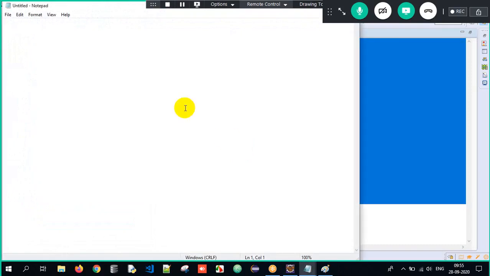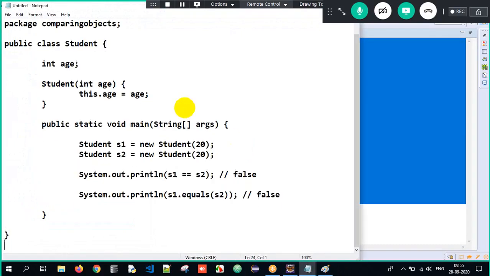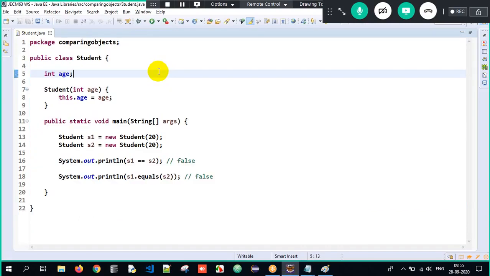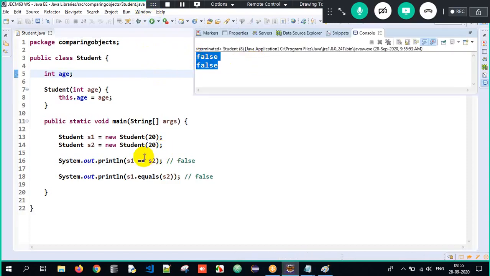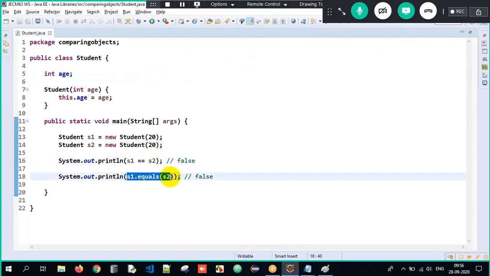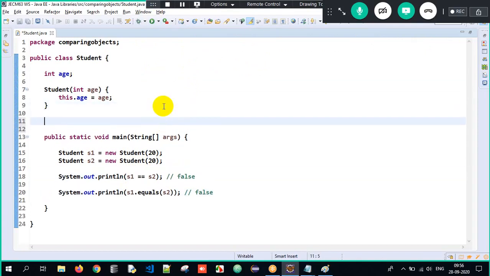I'll copy paste this data. This is a program for comparing objects without overriding the equals method. See? Now it's giving false only. Why? Because it is internally comparing the addresses or the hash codes of two objects, which are absolutely not the same. Therefore, I have to override the equals method in such a way that it will compare the content of both the objects.